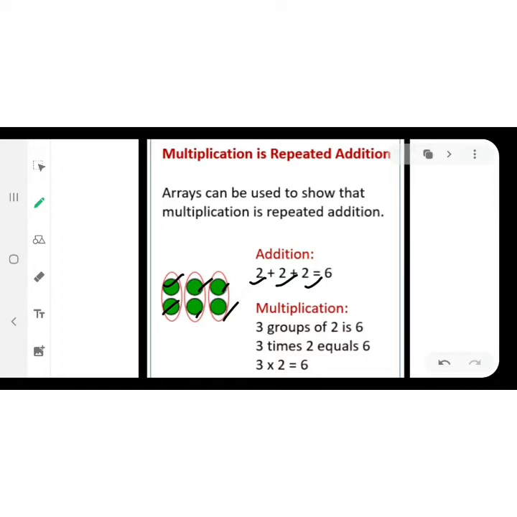and if I go for the multiplication, that is 3 times the set is there, so how many times it is, that is written first, and whatever the number is there, that is written after it. So 2 is repeated 3 times, so 3 2s are 6. So from this we can say multiplication is the repeated addition.